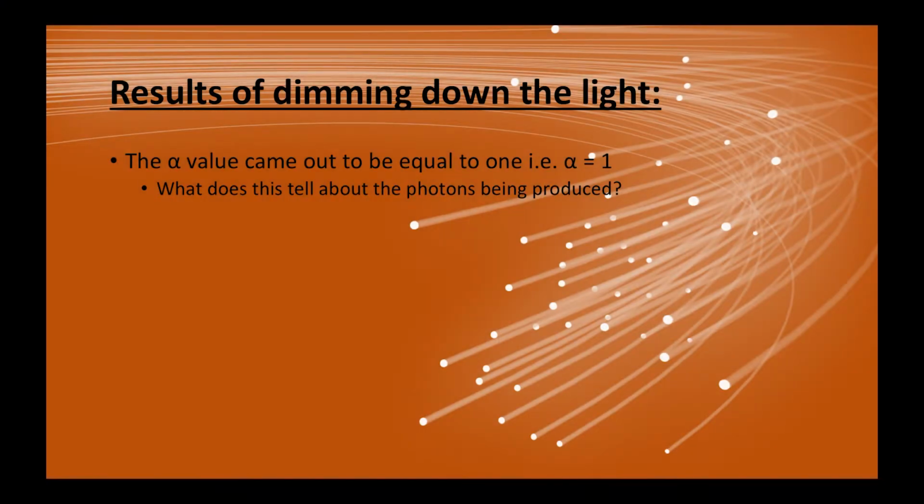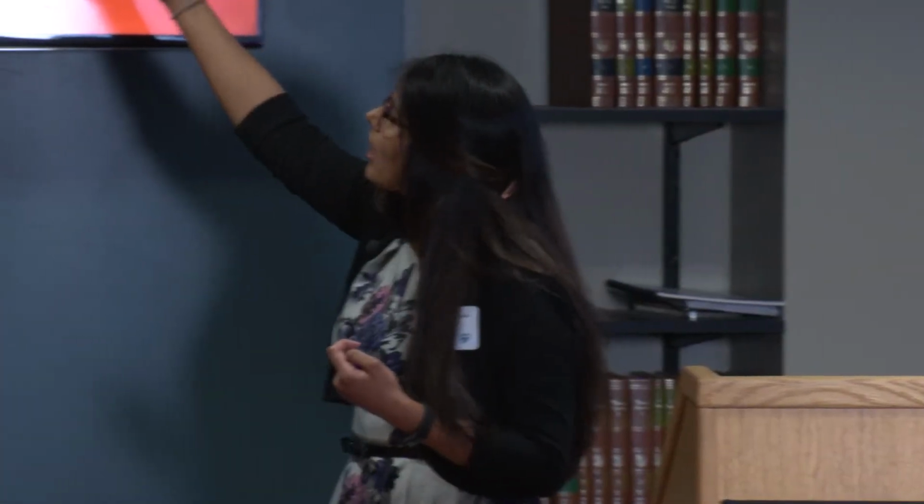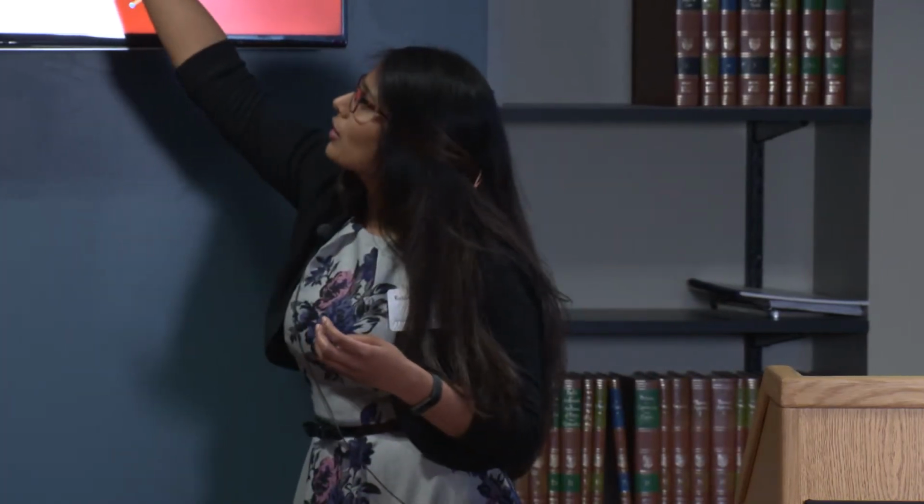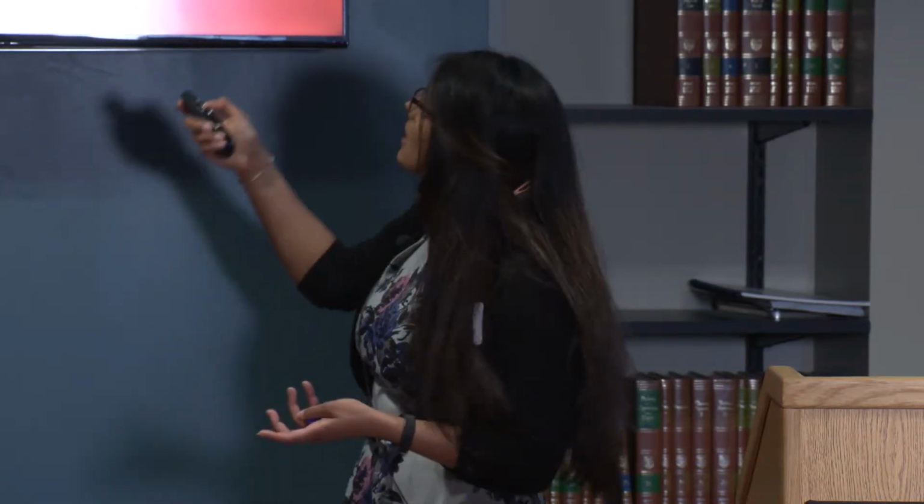So in my results, I got an alpha value of 1. Well, that wasn't what I was expecting. And according to my table, an alpha value of 1 means I'm getting bunches of photons, which, if I think about it, makes sense, because if I don't have a single photon, let's say I have more than one photon, there's a chance that one photon is going to go straight through and the other is going to reflect, right? So then I'm going to have a coincidence, meaning my numerator would be 1. So that experiment told me that, okay, by dimming the light, you're not going to get any single photons. Try a different method. I did.